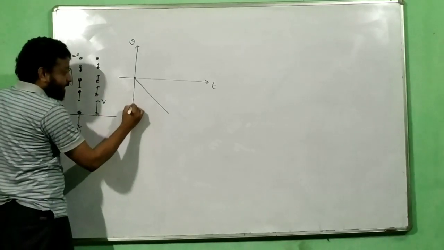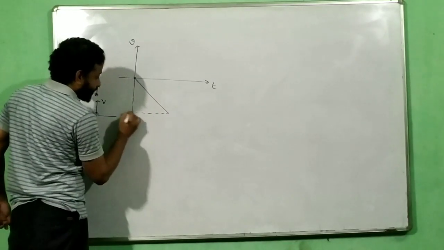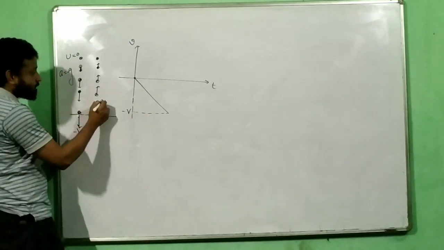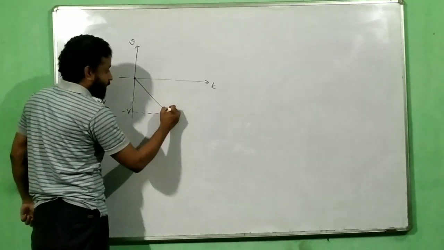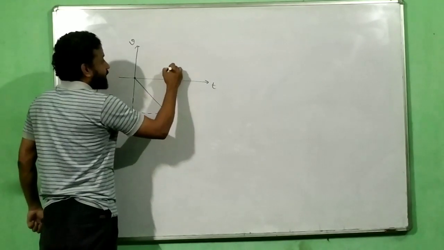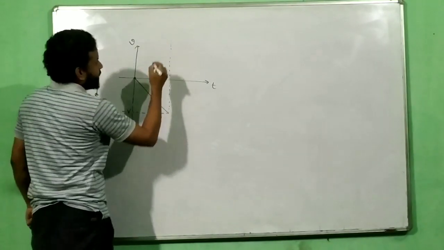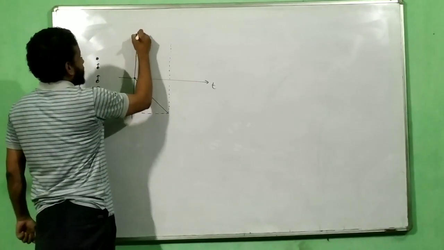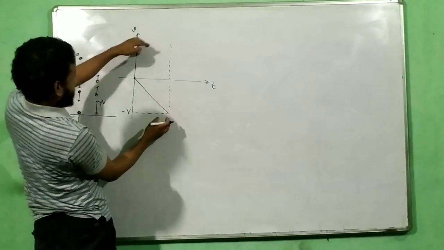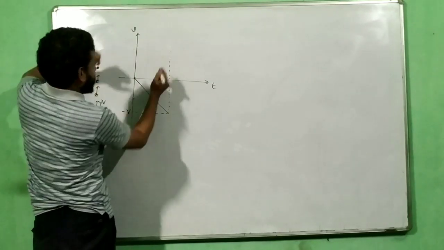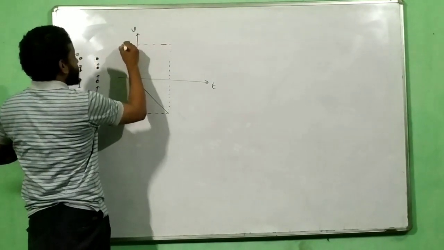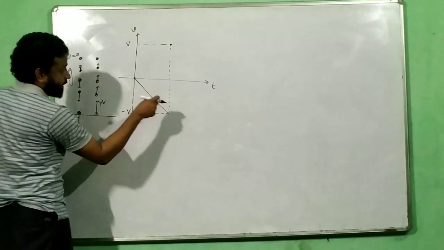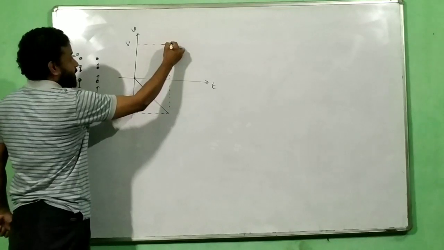Let us say that it hits here with -b. It hits the ground with -b and immediately bounces back with +b. So I will start a dotted line over here. A velocity time graph can be discontinuous. So immediately it starts from +b here. This is just after collision. So it starts, hits here, bang, and then rebounds here with +b.